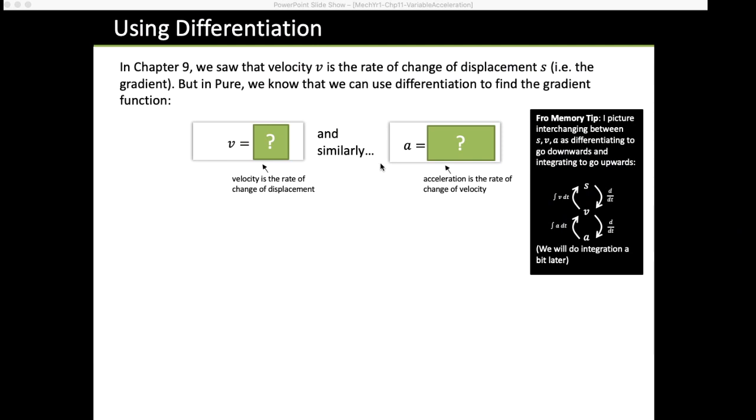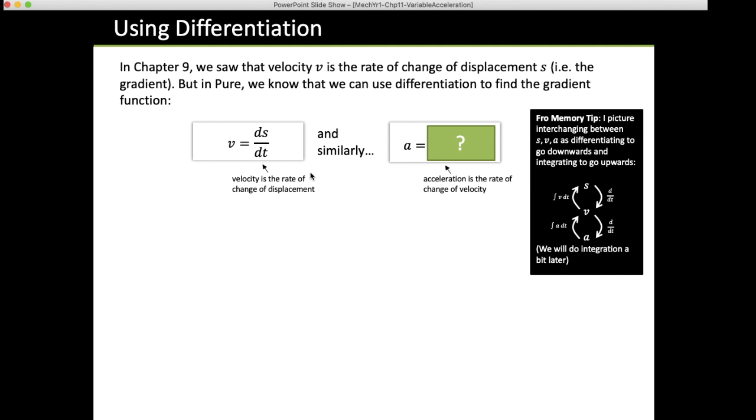So I'll read it out to you. In this chapter, we saw that the velocity v is the rate of change of displacement, i.e. the gradient. So it's the gradient in this curve that we've been looking at. Now in pure, we know that we can use differentiation to find the gradient. So if I differentiate the velocity,